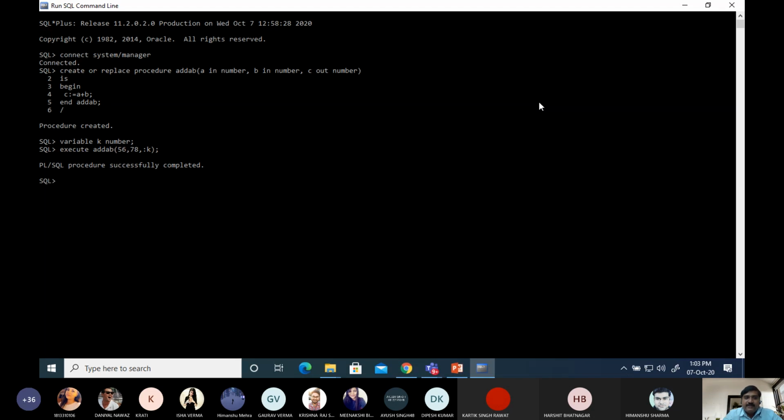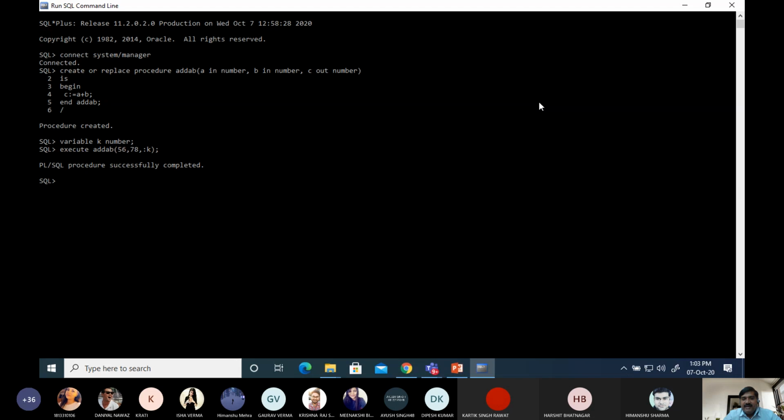Now this procedure successfully executed, and sum of 56 and 78 is stored in K. So how you will check the sum of 56 and 78? There is another command, print command.